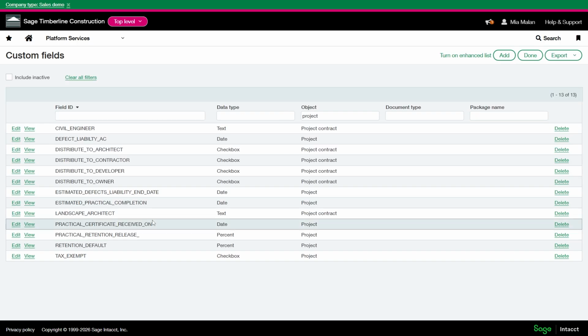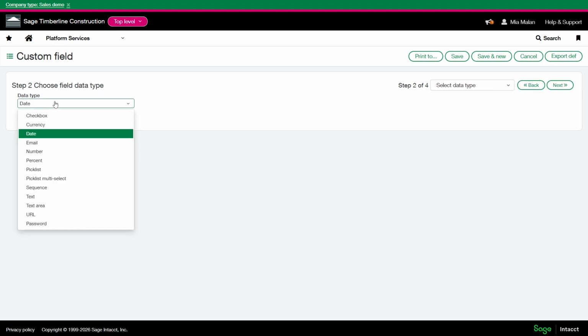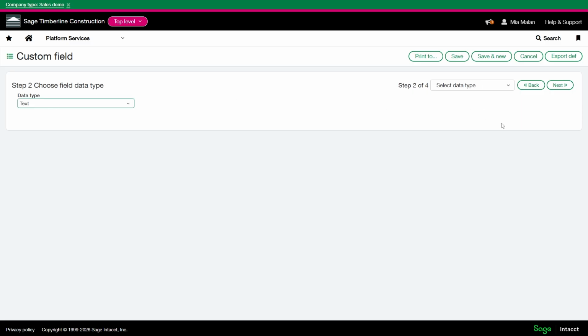And I would also like to track the project address. So I'm going to go into one of the project fields here to edit, and I'm just going to duplicate because then I don't need to pick it from the list. It just saves you a bit of time. Select next. And this data type field was date. I would like to have a text field so I can type in my address.